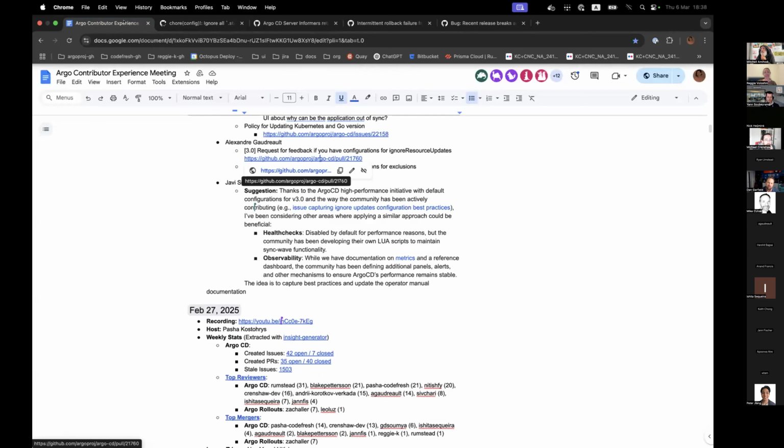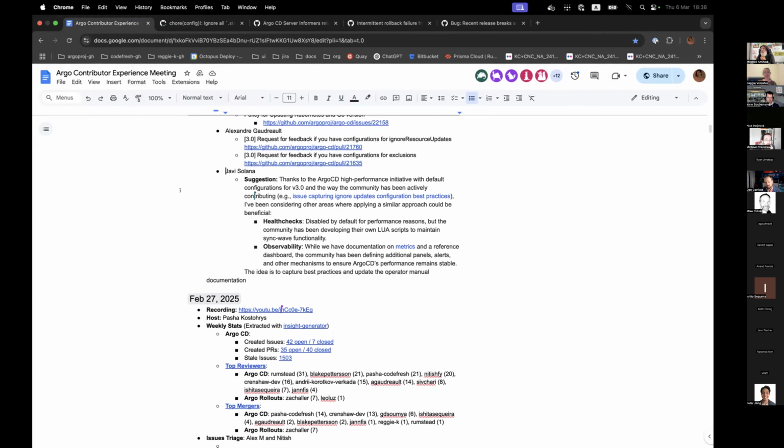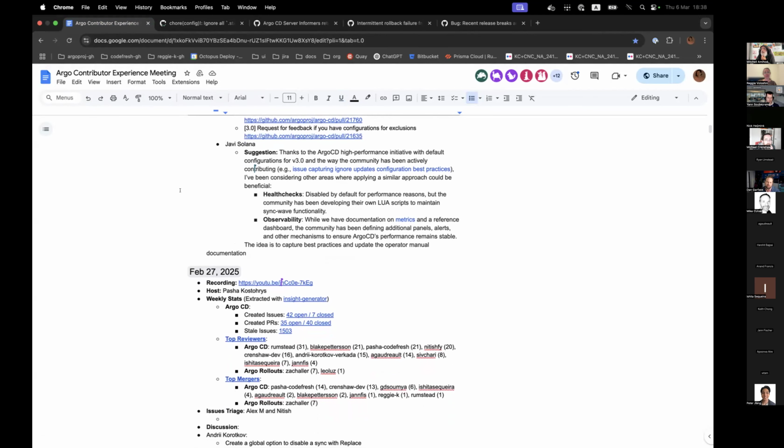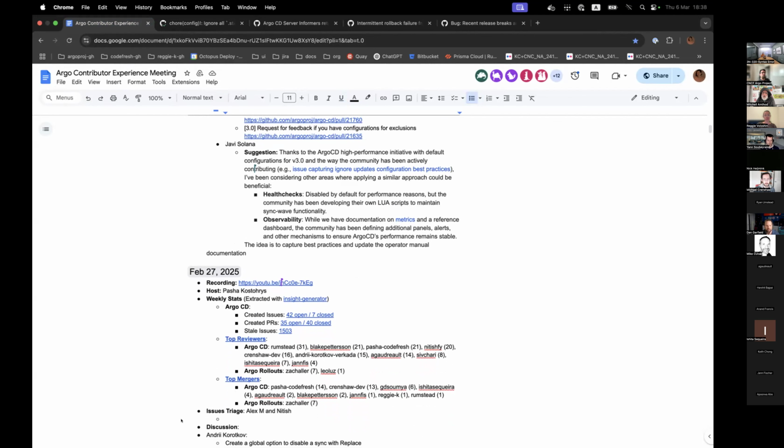Great. I'd say I'm pretty supportive of this. I've been running Argo CD in our company for more than half a year with basically these settings to ignore status for all fields and ignore differences as resource updates. And it helped to make it much more performant. And I didn't see any issues.